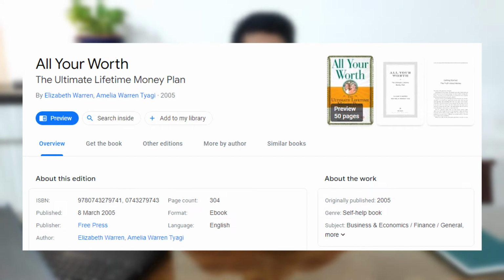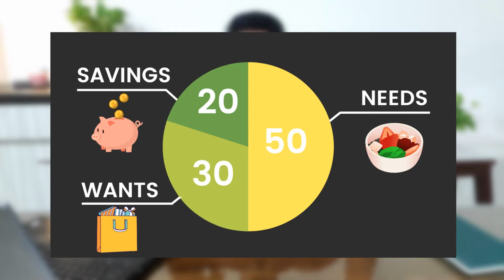book, All Your Worth: The Ultimate Lifetime Money Plan. Great book, by the way. Which says 50% of your income goes towards your needs, 30% to your wants, and 20% to your savings. This type of budgeting is quite preferred by many income earners, and that's why I created the 50-30-20 budgeting rule template. So, take some time to know what your viewers need from you, what are their pain points, and how